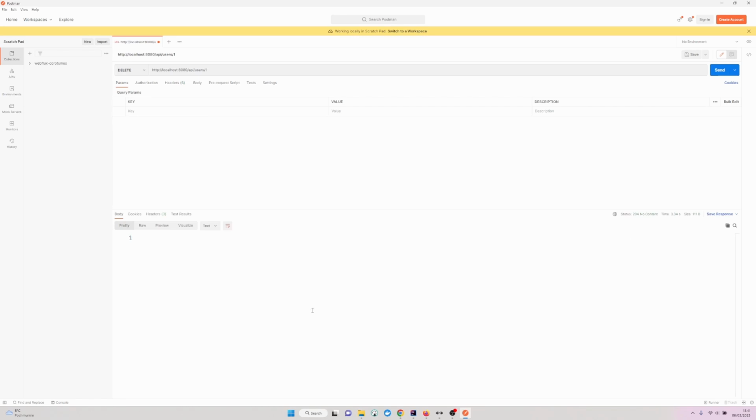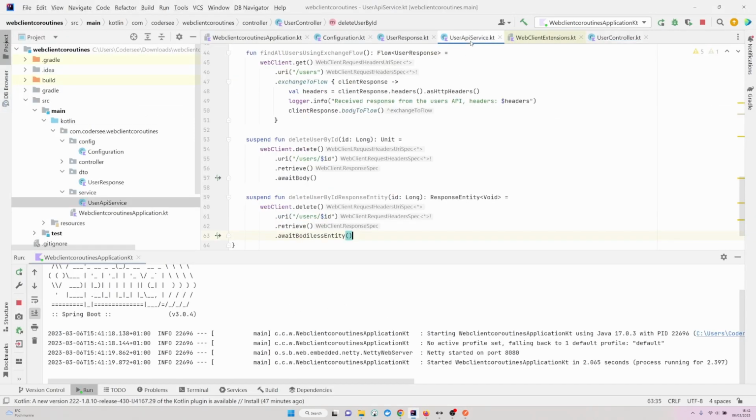So as the last thing, I would like to show you how to work with the onStatus function. As I mentioned previously, this works the same way regardless of whether we use the Project Reactor implementation or Coroutines. So finally, let's get back to IntelliJ, open up API service. So this time I would like to add a function which will search for a user by identifier, but in case the external API returns 404 not found, I would like to return 404 not found as well to the consumer of our API. To do so, let's add a new suspend function